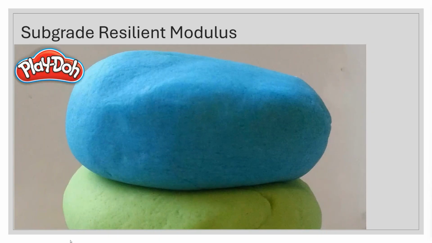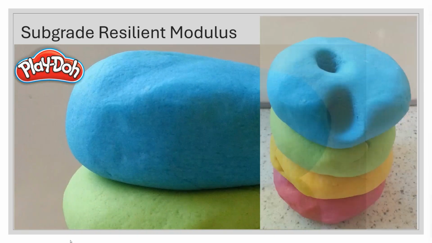But the speed of whatever is pressing on that material has a big impact on how it will respond. So if you were to take a handful of Play-Doh and you punch it with your other hand really quick, it will deform the Play-Doh some, but it's going to also resist that punch. On the other hand, if you just take your thumb or a finger and you very slowly press into the Play-Doh, you can poke way down in there. You can poke a hole all the way through it. And that's because of the time and that resistance that's there.